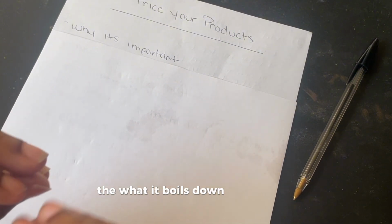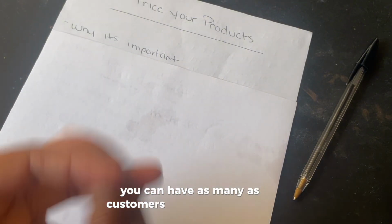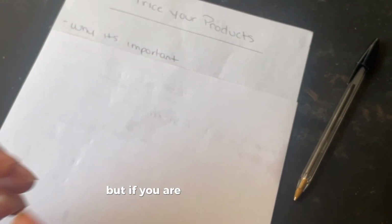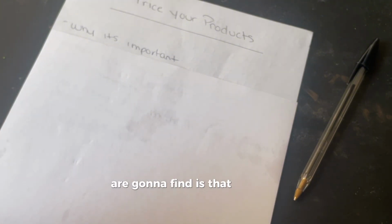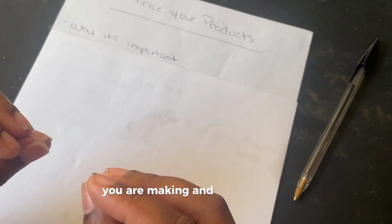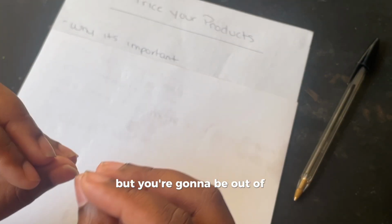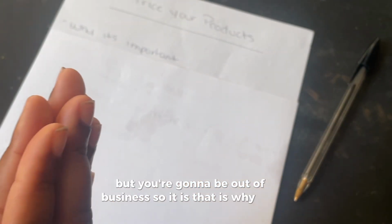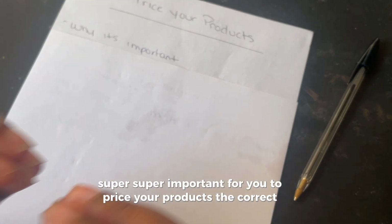What it boils down to, you can have the prettiest website, you can have as many customers as you possibly can, but if you are not pricing your products the right way, what you are going to find is that you're going to be spending more money than you are making. And in the long run, not only is it going to burn you out, but you're going to be out of business. So that is why it is super important for you to price your products the correct way,